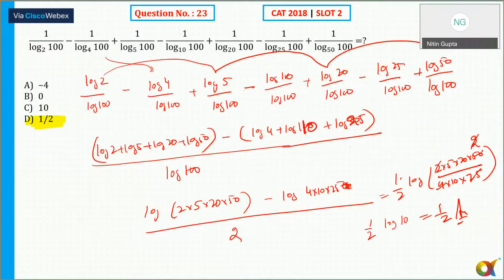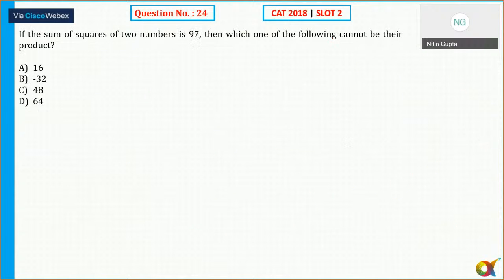Okay. So let's move to question number 24. If the sum of the squares of two numbers is 97, so we know that is A square plus B square is equal to 97. Then which one of the following cannot be the product? Now, if the sum is constant, then the product is maximum. So I can see the maximum value of A square into B square. So what is the maximum value of A square and B square? When they are all equal,